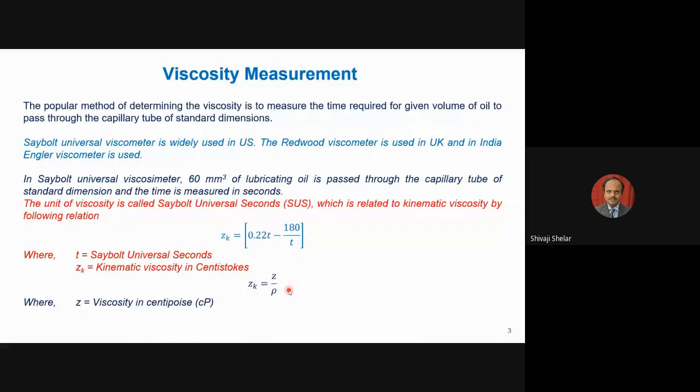You may ask why I have explained the viscosity measurement here. It is because you have to select the right lubricant for the right application. Many times you need to change the lubricant in some of the bearings if the load conditions are changed. When you are selecting that lubricant, you should have the right lubricant with the right viscosity and the right viscosity index. Now let's go to what is meant by viscosity index. Let's go to the next slide.